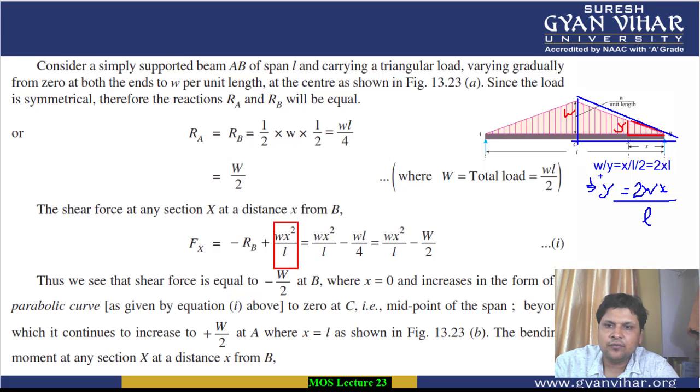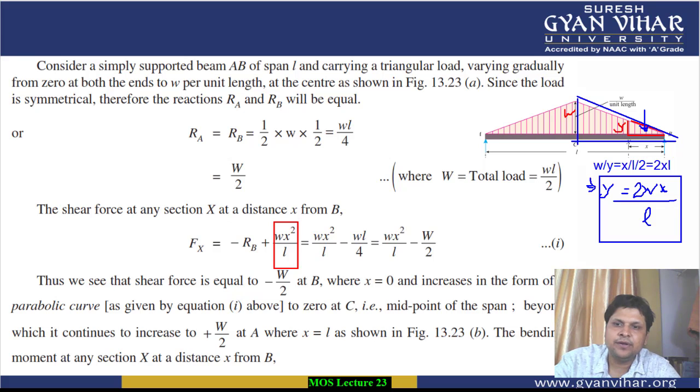Now how will we calculate the value of this load which is acting at its center of gravity? So this load here, this UVL, which will be considered as a point load, will be equal to how much? It will be equal to half into the load value, which on one side is 0 and on the other side is equal to y. Y is how much? 2 into Wx divided by L.